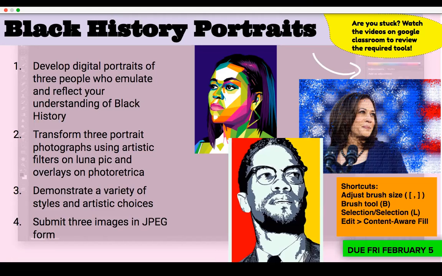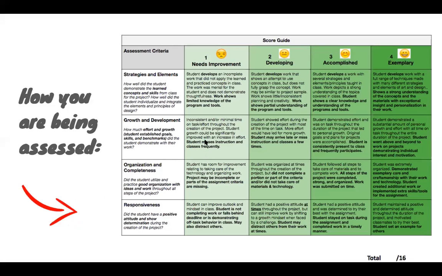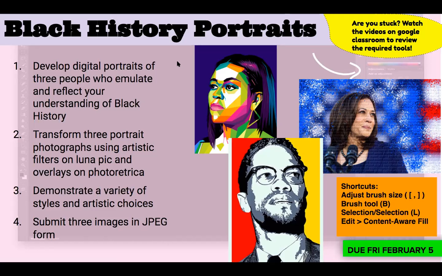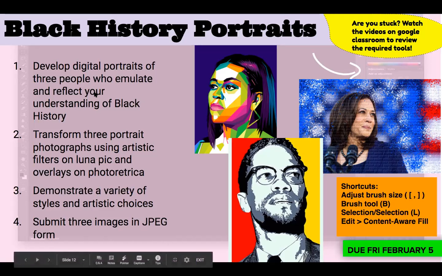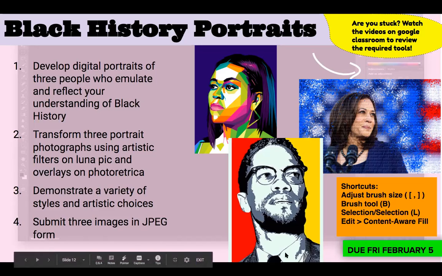All right, and yes, it's 3 total, and you get to pick who you'd like to do. And when you're doing this, how I'm going to be grading you is that you show that you have 3, you've met this criteria that's on this page. So you have 3 different pictures, use both websites, a variety of different artistic choices, and that you've put some time into these and thought into experimenting with the tools.